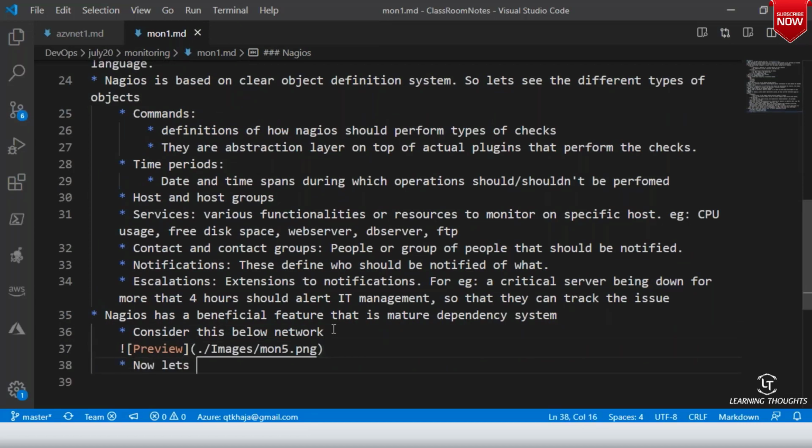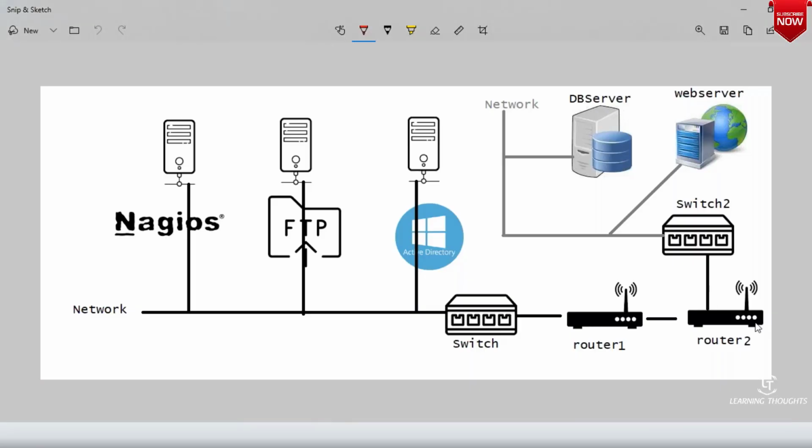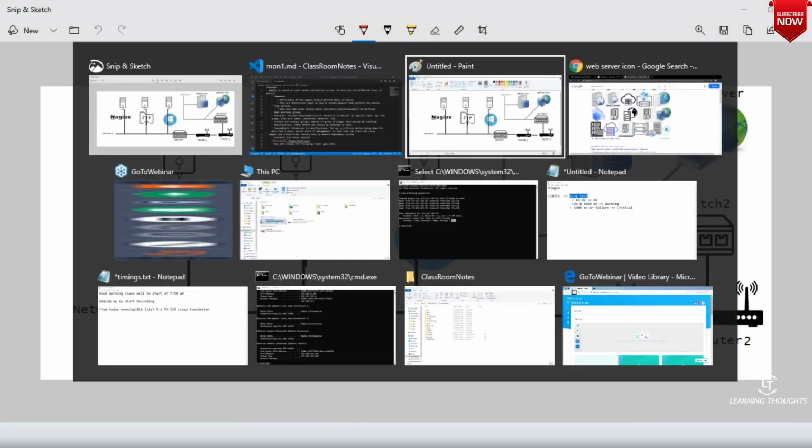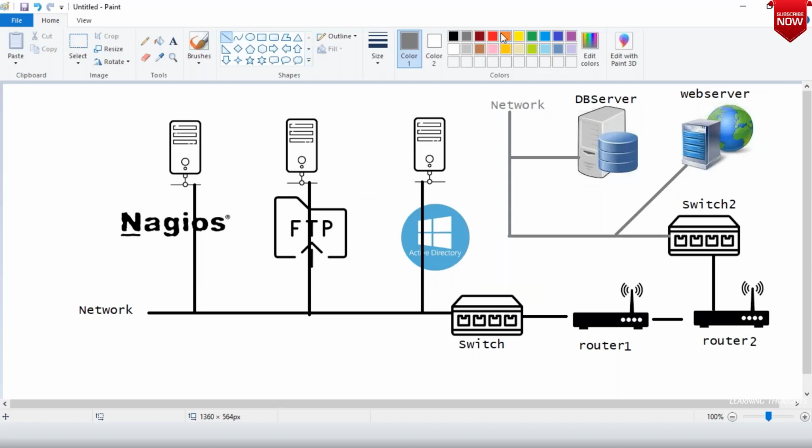Now let's assume the following router goes down. Okay, so for example, this particular router is down.